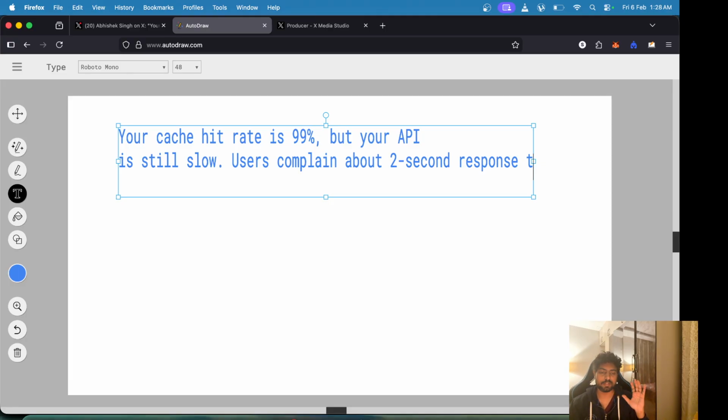So okay, there are two things here. Let's say that we have a very hot item during an e-commerce sale, and that is available in our database along with its metadata and everything. So we don't want that.